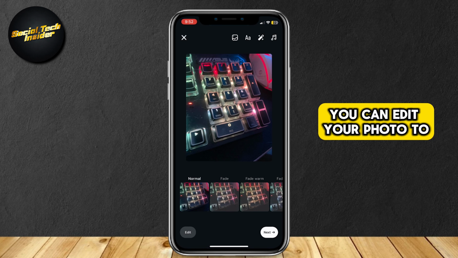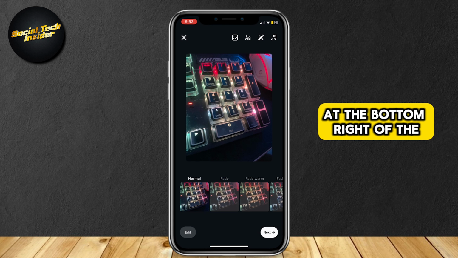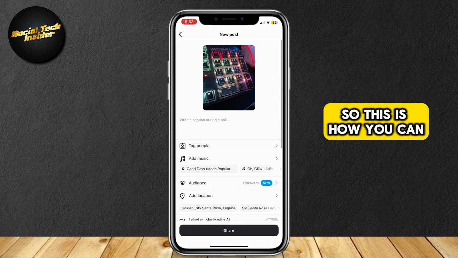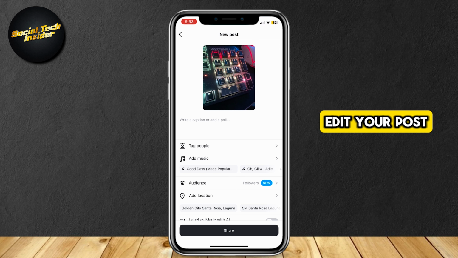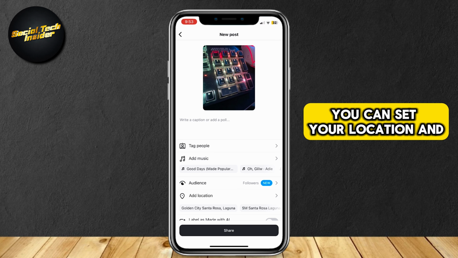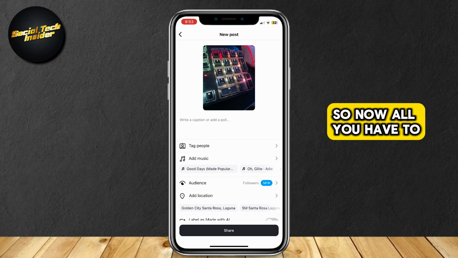Once here, you can edit your photo to make it look better or add music to it and whatever you want to add. Just simply tap on next at the bottom right of the screen once you're done. So this is how you can edit your post. You can write your caption, you can tag people, add music, you can set your location and whatever you want to do. So now all you have to do is just scroll down,